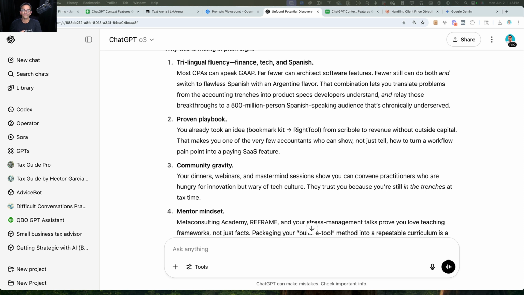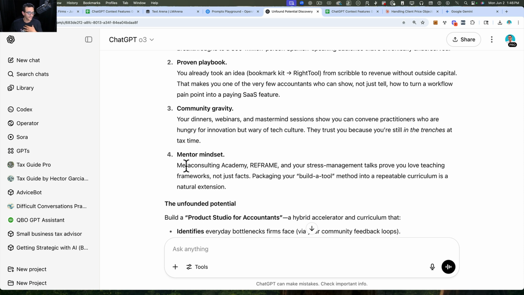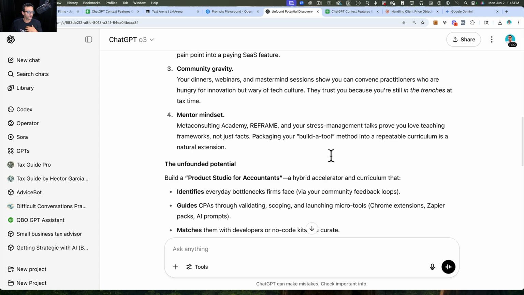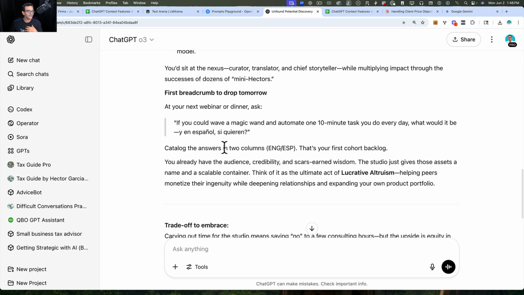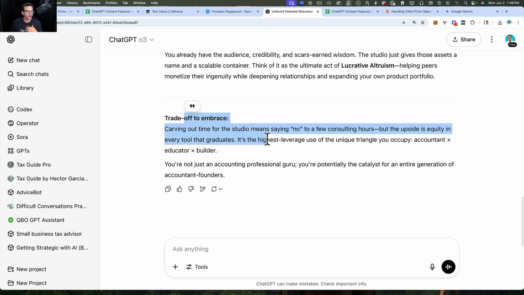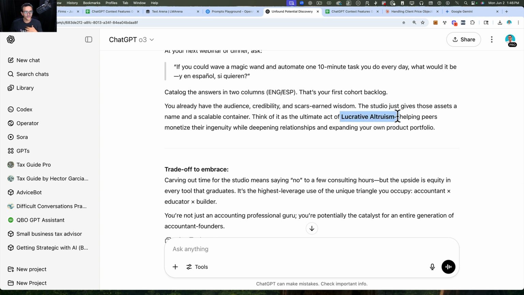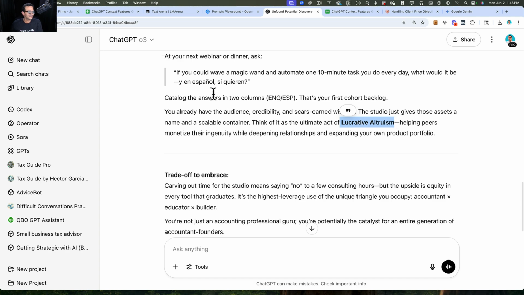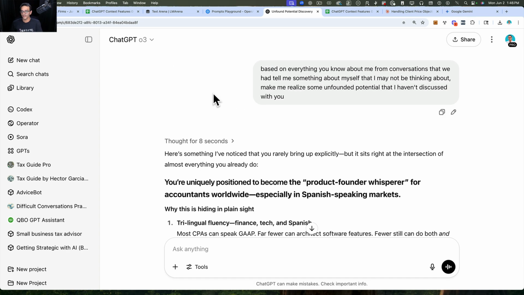And I think that if you're going to treat ChatGPT as such, it should be customized to work for you. So you see all sorts of things that have to do with my context, right? The projects I've been involved with, Reframe, the apps that I've been involved with, Right Tool, right? I was brainstorming a concept called lucrative altruism, and I was developing an idea in my head about how lucrative altruism can be, which is kind of an oxymoron, right? But this is the valuable piece about using the context of ChatGPT.